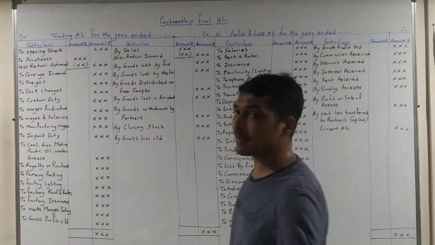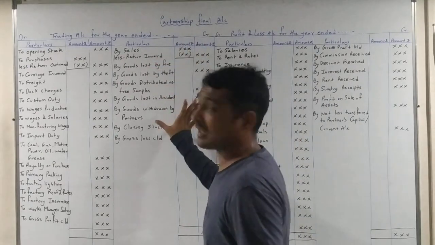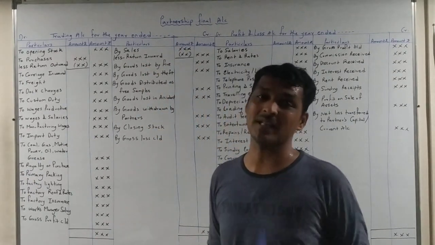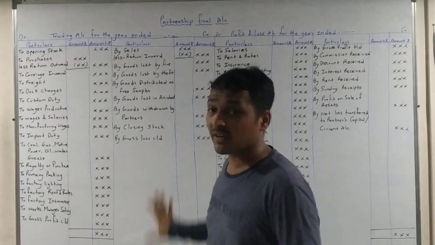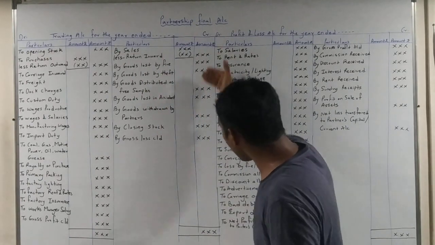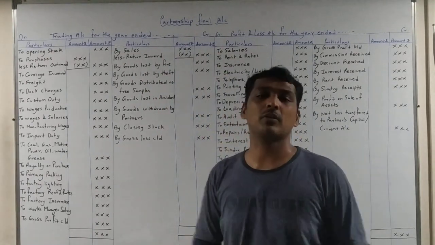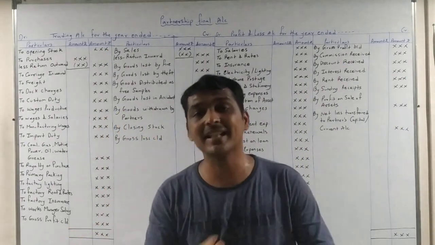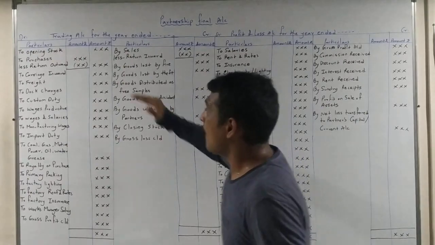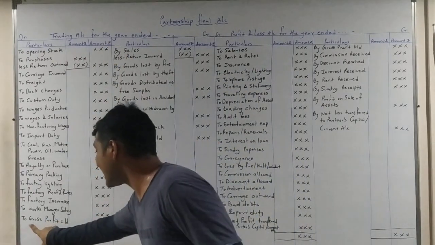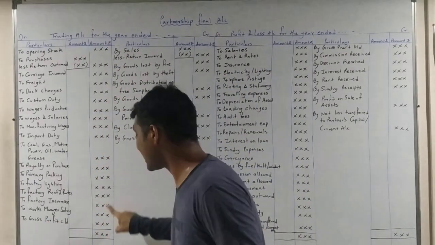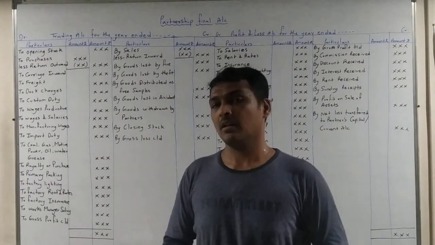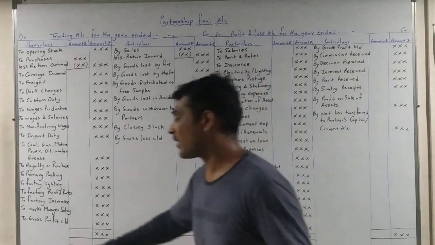Understand this. Suppose, I am giving an example, the total of the credit side is 100 rupees. Okay, the total of credit side is 100 rupees. मतलब ये सारे आइटम्स को मिला के 100 रुपए टोटल आ रहा है, और ये सारे आइटम्स को टोटल करने के बाद आपको 80 रुपीज मिल रहा है. So 100 minus 80 you will get 20 rupees as your gross profit. I hope you understood this gross profit concept.